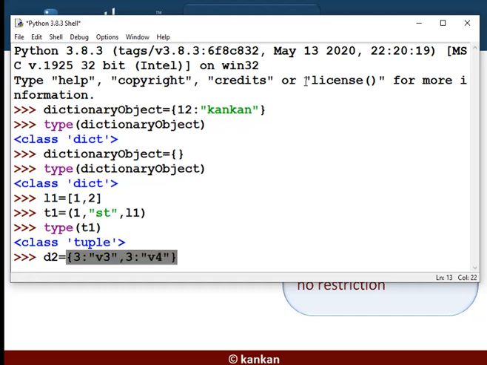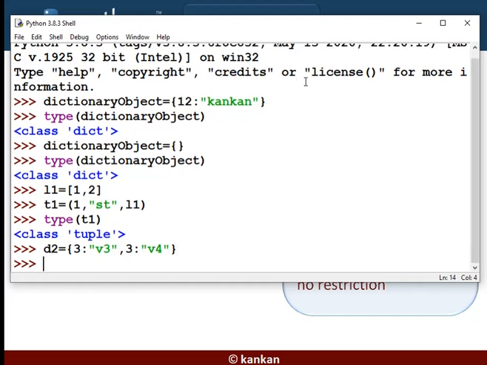Clear? So it's a dictionary, but key 3 is repeated, and the values are different. That does not affect. The first key value will be retrieved always.